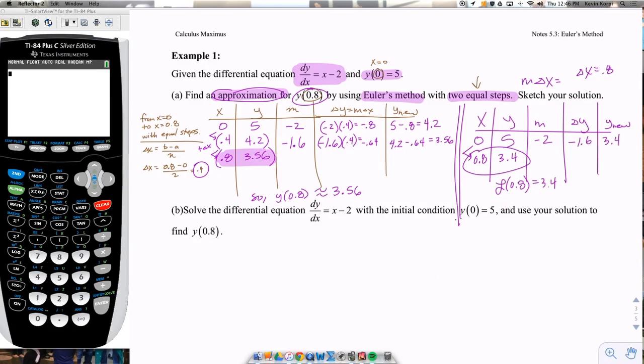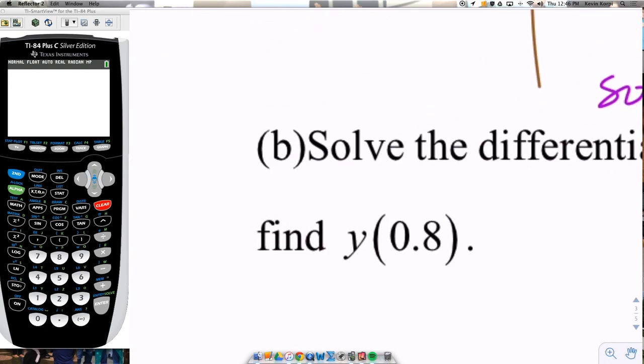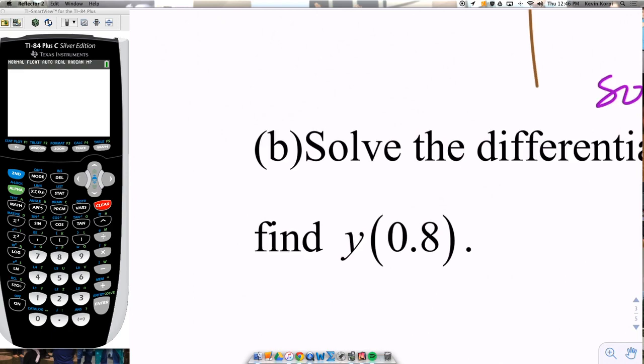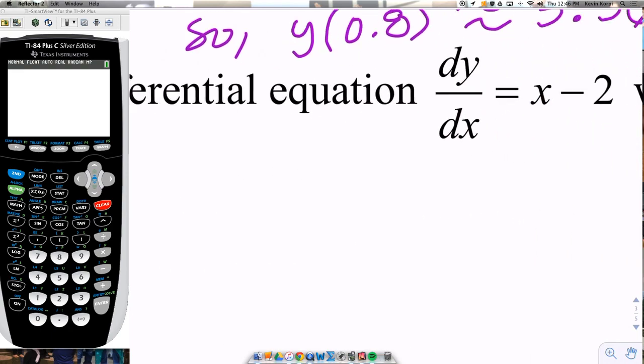We did Euler's method with 2 steps. We came up with 3.56. I showed you that linearization is like Euler's method with 1 step. Of course, the step size would be 0.8. We got 3.4. 3.56 should be a little bit more accurate. We're going to find out how accurate because on part B, solve the differential equation dy/dx equals x minus 2